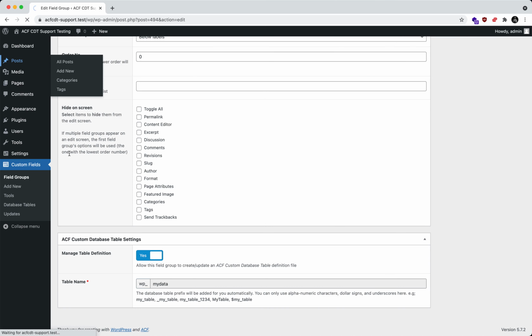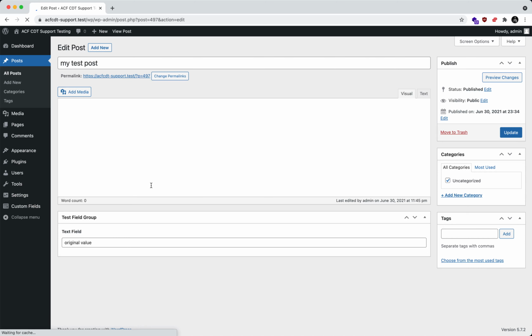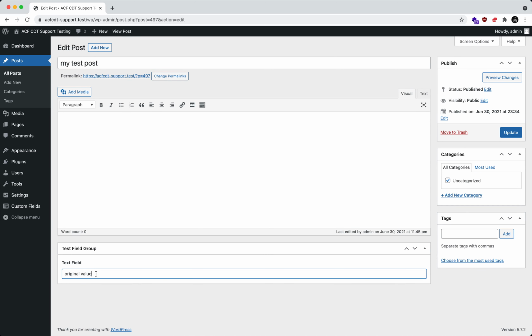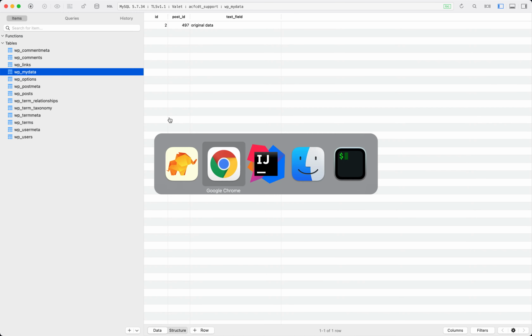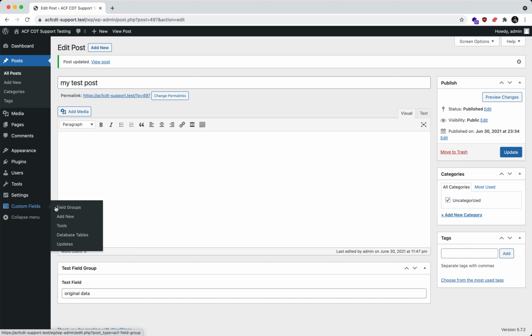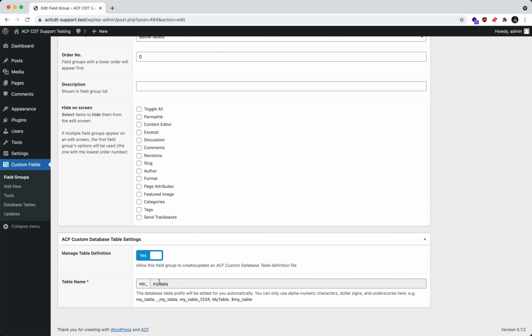If we come over to posts, we can see that the original value is loading there, and if I update it, come and look at the database, reload, we'll see that that's changing. So that's working. Okay, so if we come back over to our field group, we'll take a look here and we'll notice that the table name is not editable, okay? And this basically satisfies most use cases for this plugin,